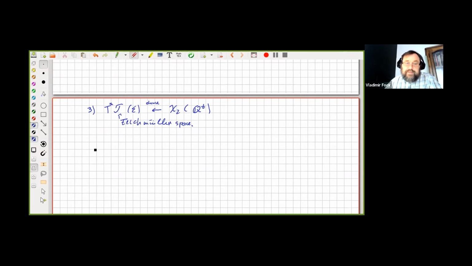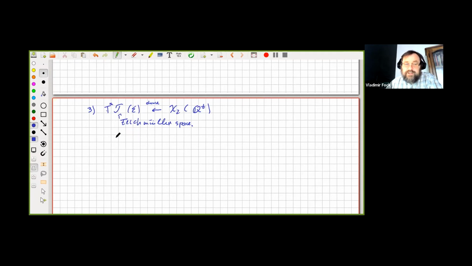Yes, there is a map. Maybe it's better to say that there's a relation between this space and the space of integers, the lamination space. I claim the following: suppose we have the cotangent bundle. What is the relation between the lamination space and the cotangent bundle to Teichmüller space?